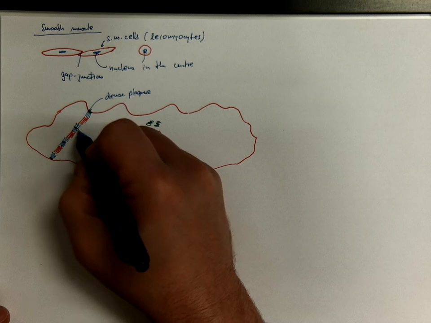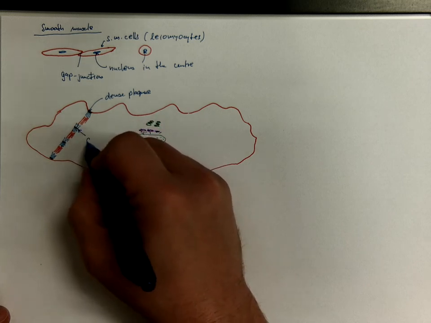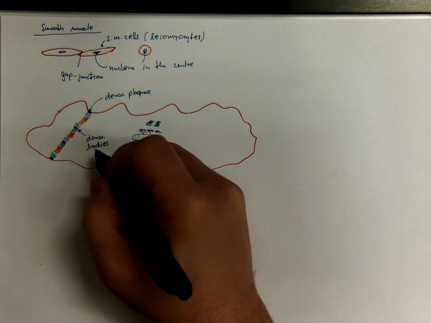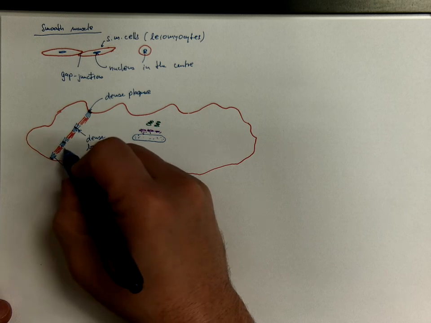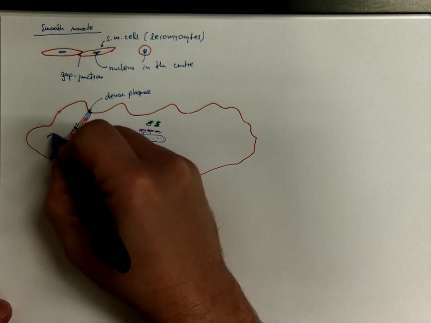Insertion of actin inside the sarcoplasm goes to the dense bodies. And this would be actin and myosin